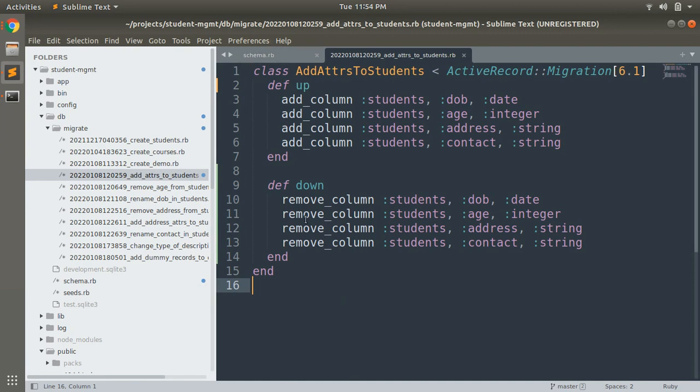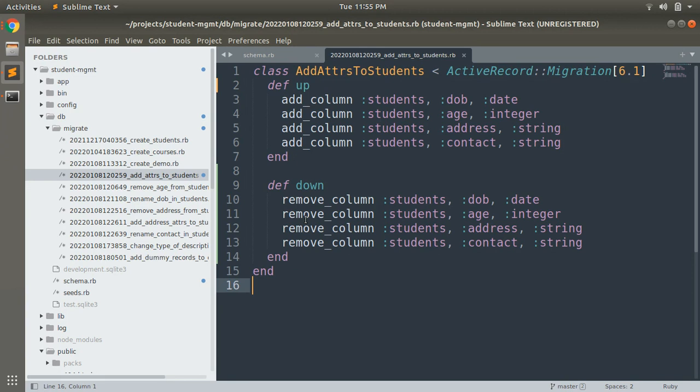Now, which Rails version first introduced the def change method? The def change method was introduced in Rails version 4.x. Before Rails 4, it used up and down methods when you generated migrations. You can still use up and down methods, and these days they are especially used when you have to write reversible migrations.